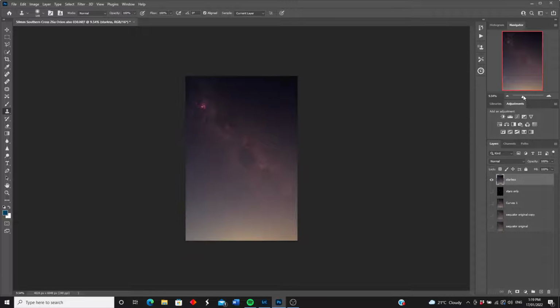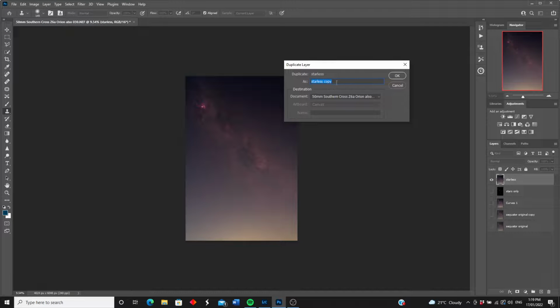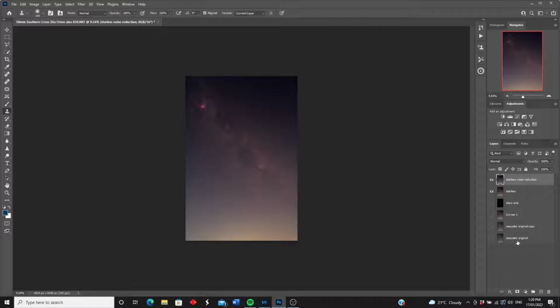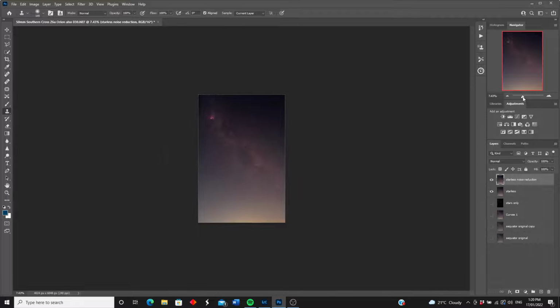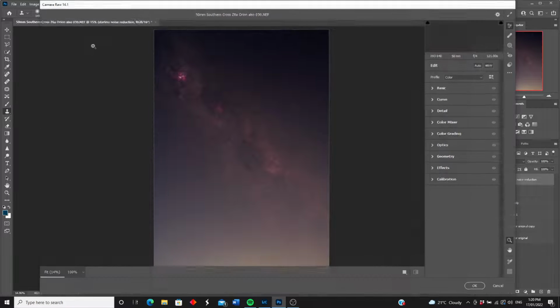So what I'm going to do is create another layer, duplicate that layer, and I'm going to call that starless noise reduction. Again, I re-emphasize, naming these layers helps a lot later on, because if these are just all called the same layer, I've got no idea what I'm doing and I can get into a little bit of trouble there. So what I'm going to do here is essentially, I am going to put noise reduction on that layer that I just worked on. So to do that, I'm simply going to go up to Filter, Camera Raw Filter,